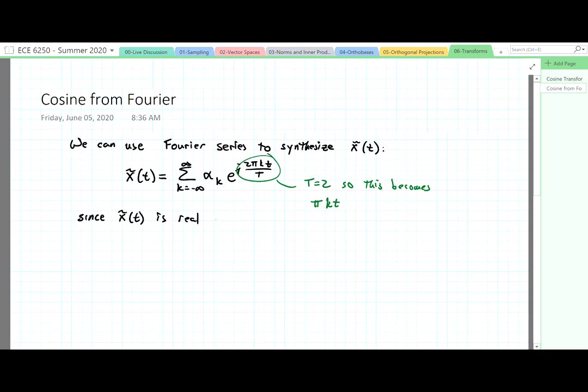We'll have that alpha minus k is equal to alpha k conjugate. So we can rewrite this as x tilde t. Let's put the DC term out front, 0 plus, using Euler's identities, we get,